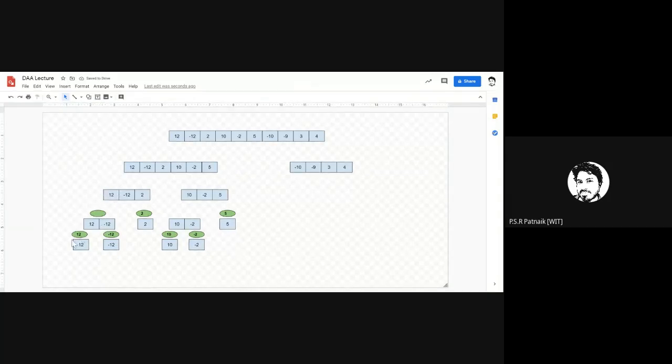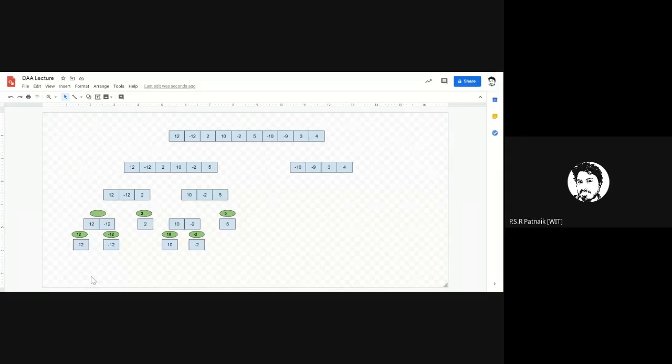So the question is, how do I merge? This is the only tricky part in this algorithm. Divide is easy, conquer is solving subproblems. The tricky part is how to merge the solution. So if I consider this array of size 2, its left part is this, its right part is this. I know what is the maximum sum subarray for its right part. I also know what is the maximum sum for its left part. So what do you think? What would be the maximum subarray for the array when you combine the left part and right part?